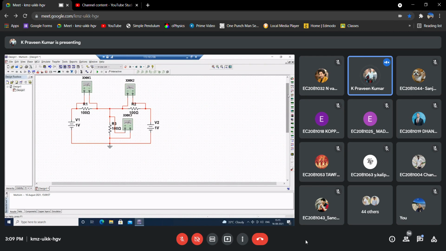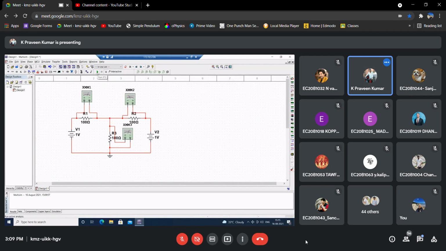So now we will simulate the circuit. This is the button to simulate. See, this is V1, the voltage across the resistor R1. So what is that value? We know that the current is 3.33 milliamp, right? So if you want to measure voltage, just I into R1. You can just check with that. So that is 333 millivolt.